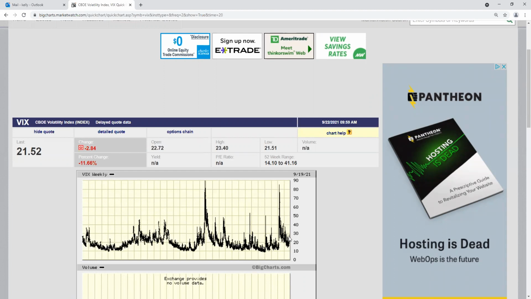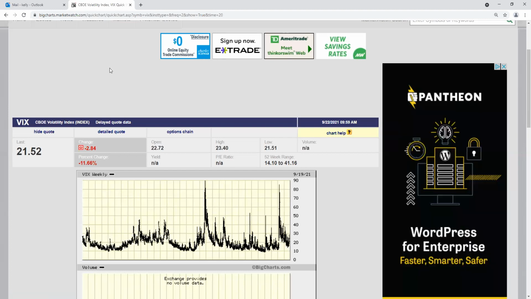Again, if this thing starts spiking above 30, that would open the door to a much more significant correction. And again, right now, if you're looking at a long-term graph here, the VIX lows are getting higher. That's a low, higher low, higher low, and this is a higher low. So I don't know what that means. There are some people who think that we're looking at this year, 2021, as very much a cyclical high point, and that 2022 is going to be very difficult.